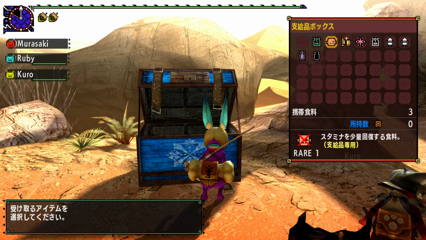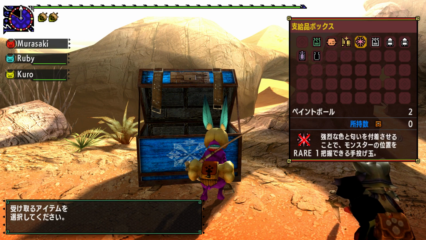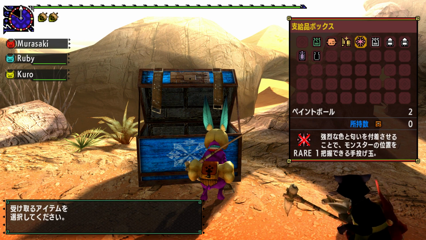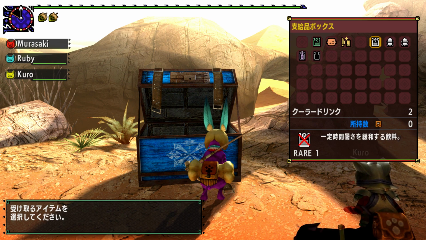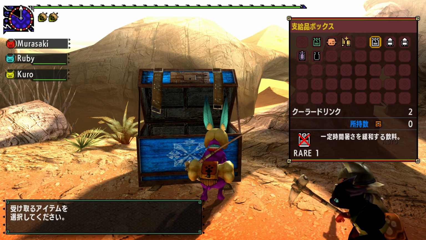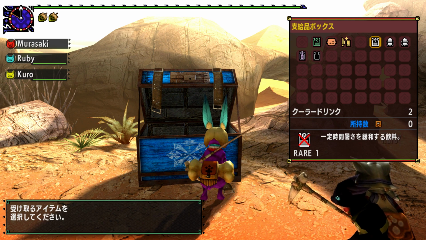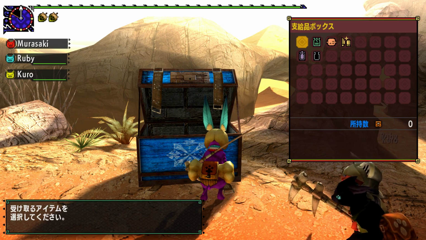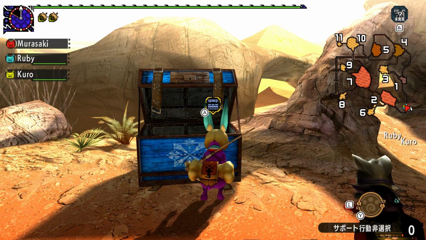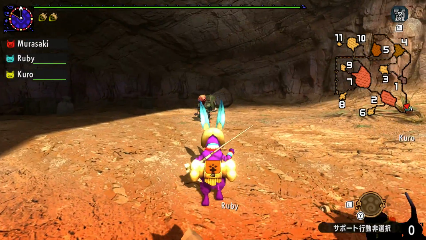We can't actually use the rations or the potions or the whetstones. I'm gonna take the paintballs because I can keep those. Another side effect is you can't use cool drinks or hot drinks, but as a result, in Prowler mode, you don't have to use them. You won't be affected by the heat or the cold. So that's nice. I'm just taking the non-supply items because...